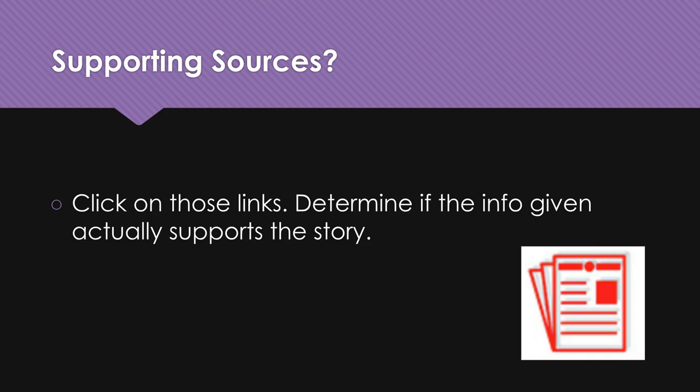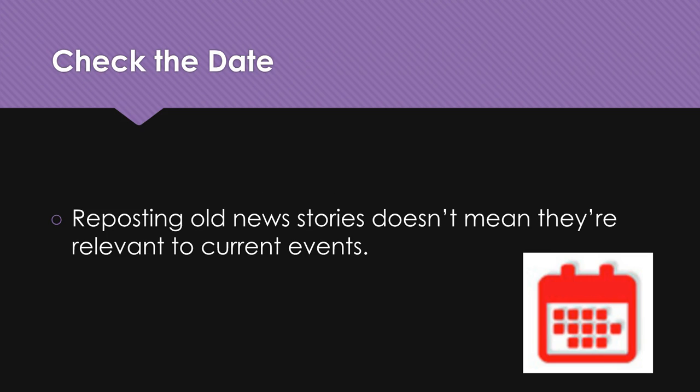Supporting sources. If the source mentions other sources of information where it got its report from, let's say it says based on a Department of Justice report from such and such, or based on the Defense Department's recent report on such and such, click on that report. I mean, just see if it is a real report. You don't have to read the whole thing and be an expert in it, but see where they are getting their information from and did they pull the right information from it. So this doesn't have to be where you're an expert in everything, but just double check where they're getting their information.